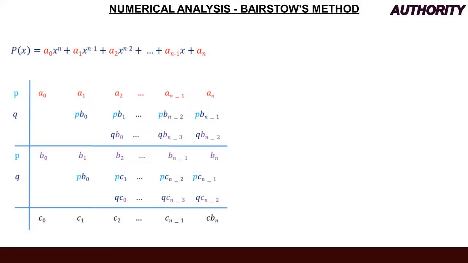So this Q of x, to differentiate it from the P of x that you have, we use A to stand for the coefficient of P of x. Since we perform a synthetic division to get Q of x, we use B to represent the coefficient of the result now. And when we perform the synthetic division again, we are going to have